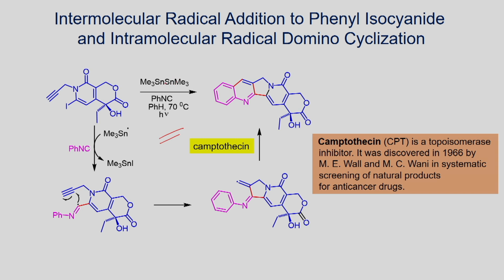So when you have the tin reagent, when you irradiate, this also can undergo homolytic cleavage. This bond is weak. Once you form this trimethyl tin radical, in this reaction when you heat at 70 degrees Celsius in the presence of light, it can form the trimethyl tin radical. Already we know that when you have this trialkyl tin radical, it can readily react with carbon halogen bond. In this case you have this carbon iodine bond which can undergo reaction